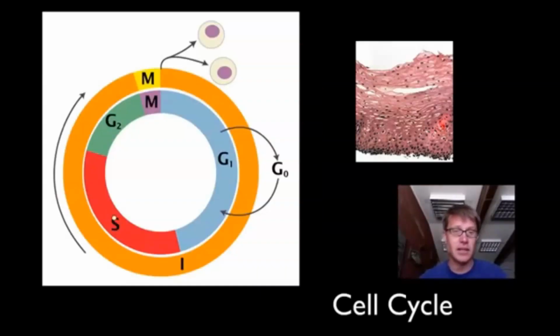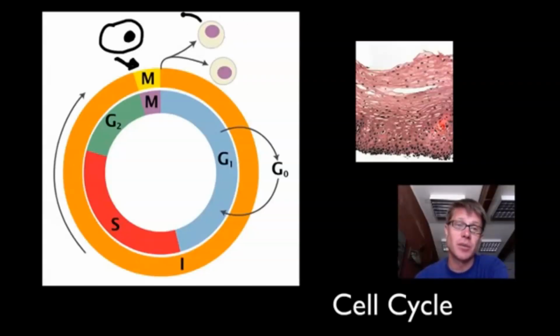So let's look at the cell cycle. And so what happens is you'll have a cell enter into this. So a cell is going to look like this. It's going to enter into the cell cycle as one cell. Let me make a little better arrow. And then it's going to eventually exit out as two cells.